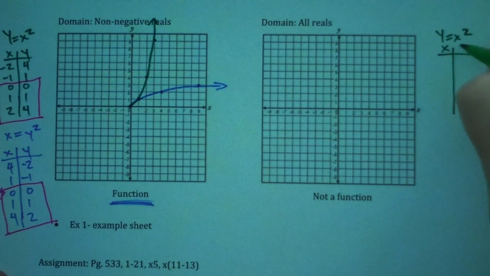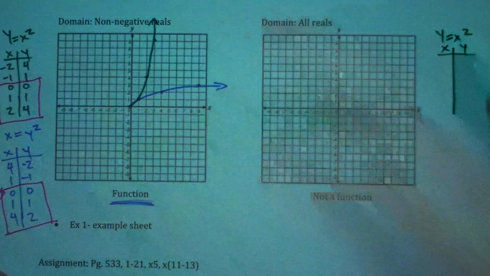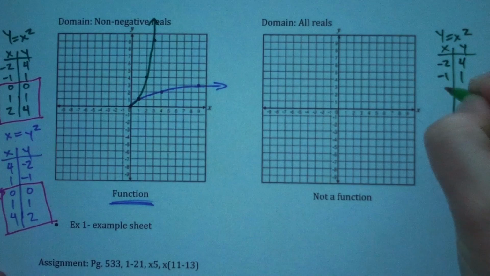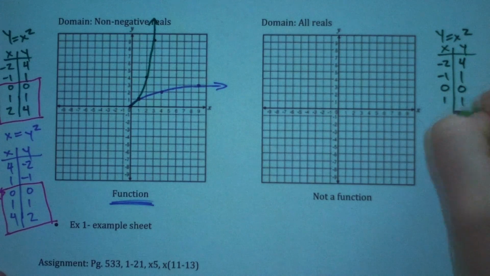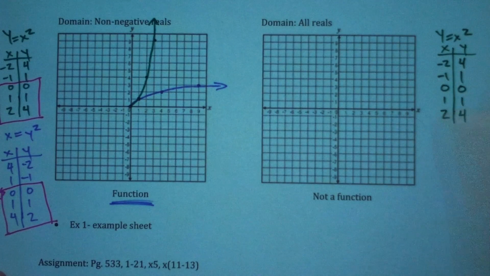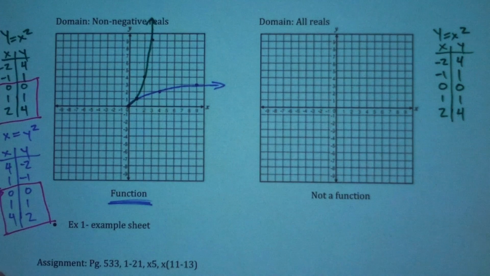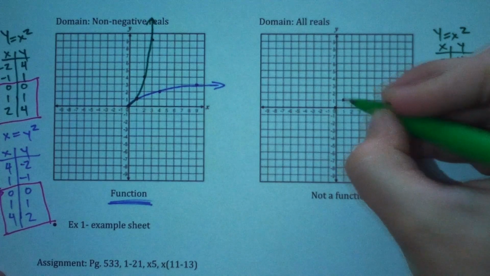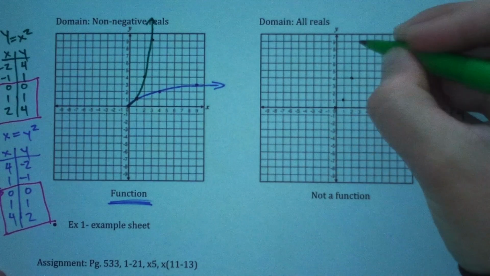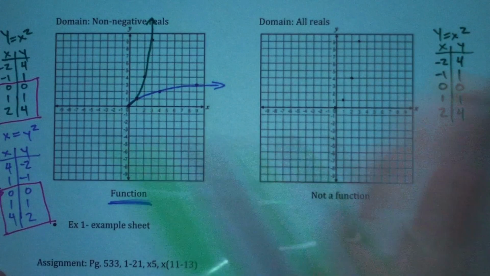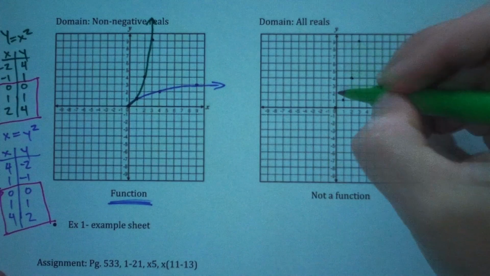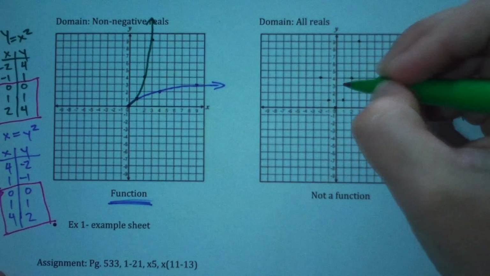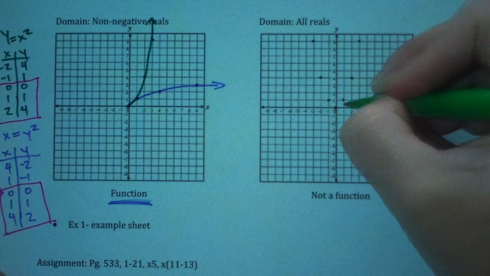So then obviously you can see there that we just get the other half of that, because now we're all real numbers. So looking at our original there, what do we think? Function or not function? If I go vertical line test, that one's good to go, function, right? Now when I switch to the other one, I'm just going to take this same one I did here, but just graph all the stuff out instead. So that one was x is equal to y squared that time, just switching the x and y. And again, I'm just taking those same ordered pairs and switching them. So 4, 1, 0, 1, 4, and then -2, -1, 0, 1, 2. So then if we get that guy graphed,